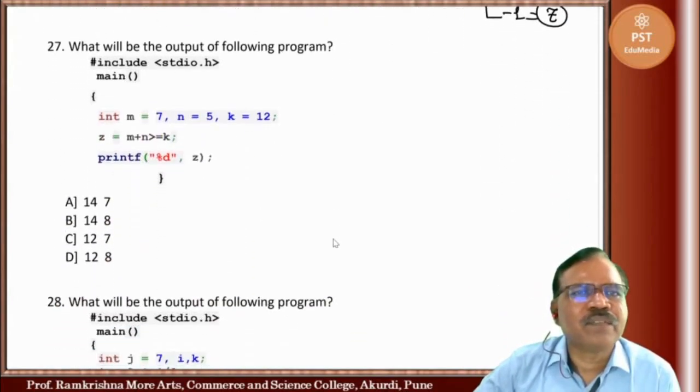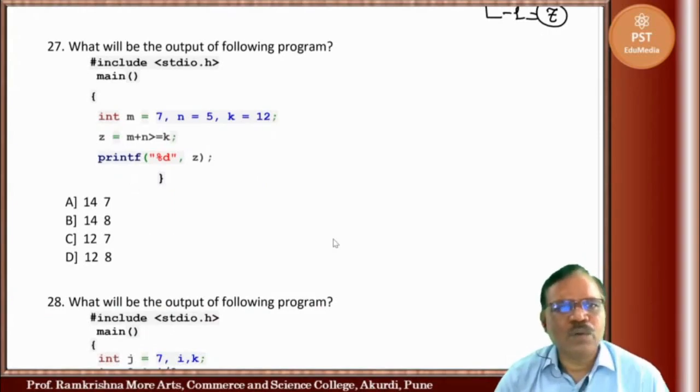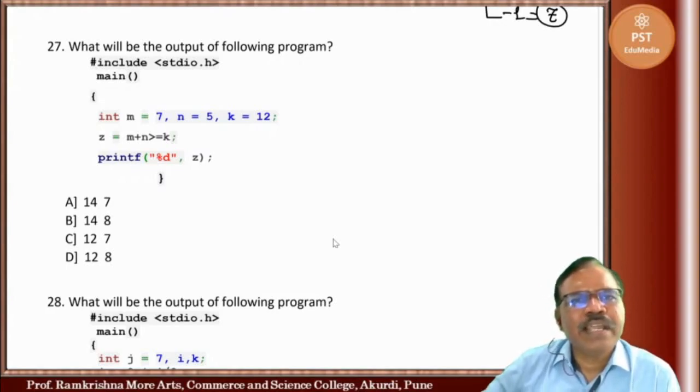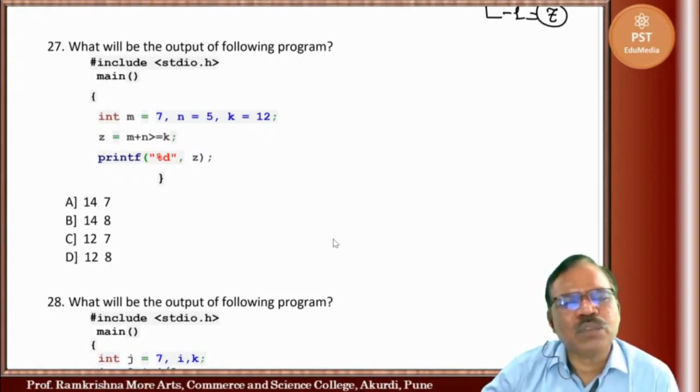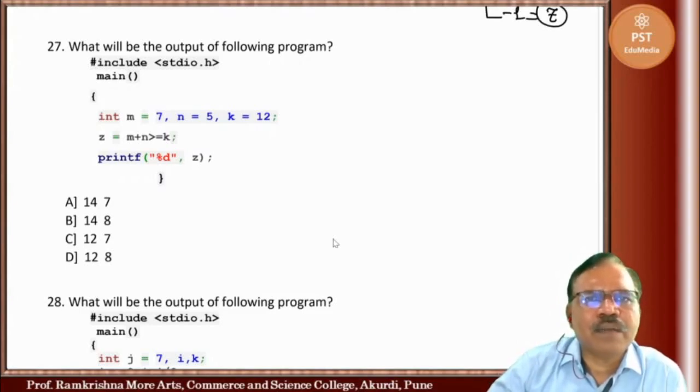Now next one. What will be the output of the following program? Include stdio.h, main, int m equal to 7, n equal to 5, k is equal to 12. Here we also need a z.